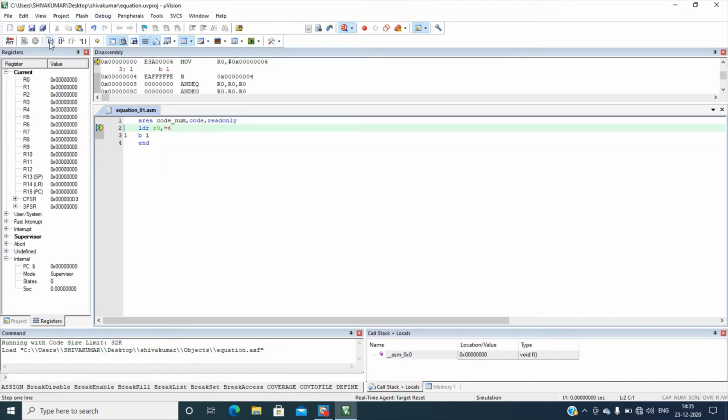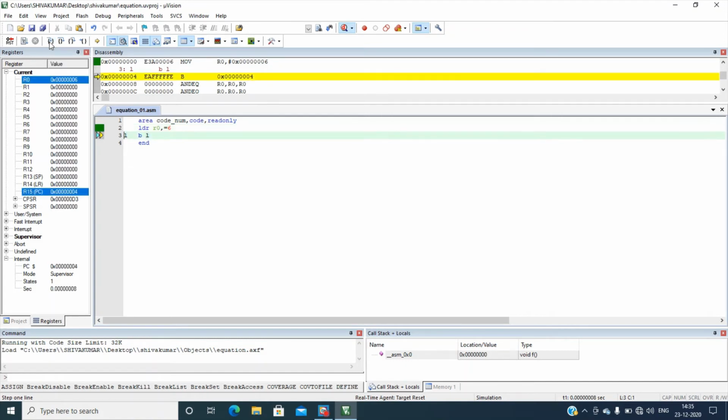Now use this step execution. Click on this, and you can see that it is executing line by line, because we have to know what is happening where. So now you can see that R0 is loaded with the value 6.